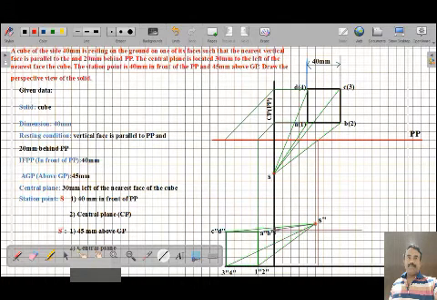This is the piercing point. From here, draw the horizontal line. So the intersection of the B double dash line and the vertical line gives you the point, capital corner B. Similarly, this is the interceptor point. From here, draw the horizontal line. The intersection of this horizontal line and the vertical line gives you the point 2. Like this, you have to continue for all of these.